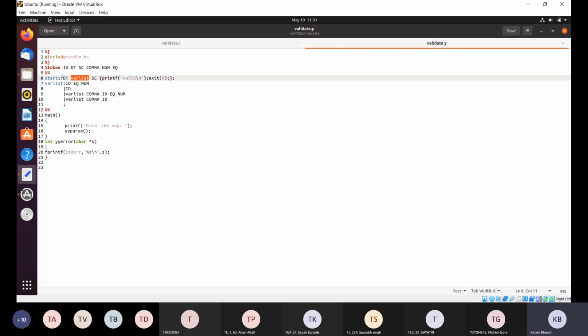So the data type, space, variable list and semicolon. This is the basic rule followed by the semicolon for declaration of the variable. If it is following this rule, then you have to print that the particular statement is valid and you have to exit. Now, what is var list?